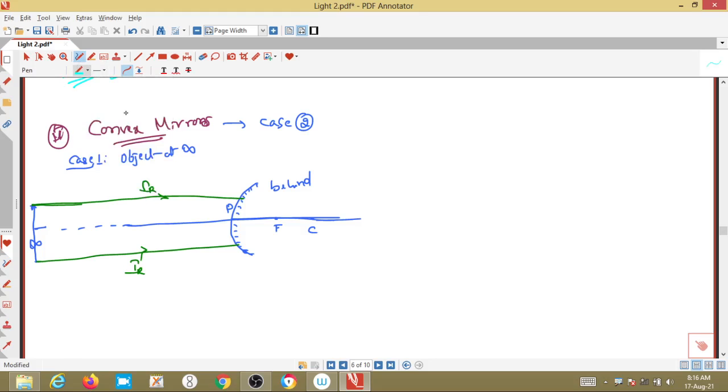Now the reflected rays: in this case they are going back, right? It is going away from the point here, and it is also going away from here. Where is the image formed? Because it is diverging, we have to trace backward. We are tracing backward, and the image is formed at F. Sorry, the image has formed at the focus. Because the rays are diverging, we cannot get the image in front of the mirror.